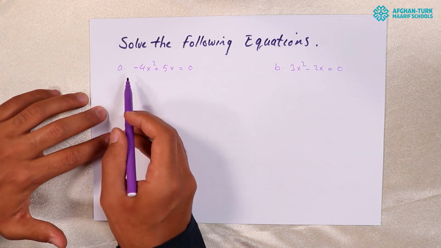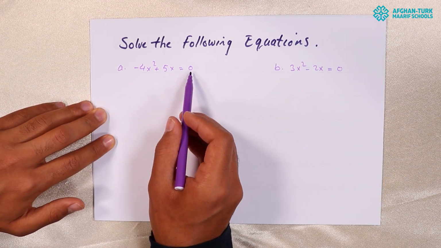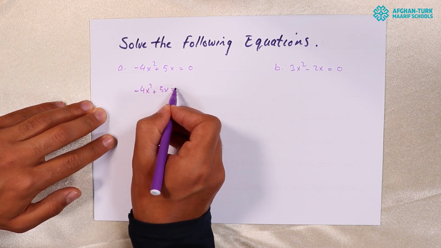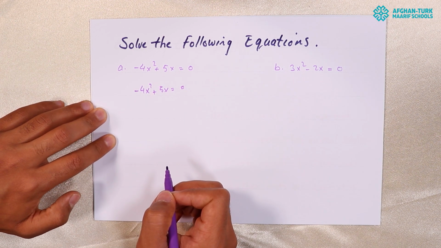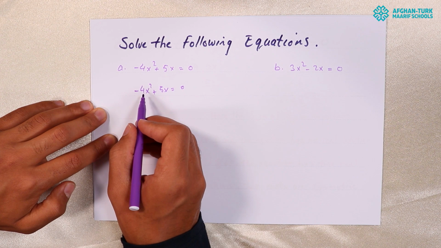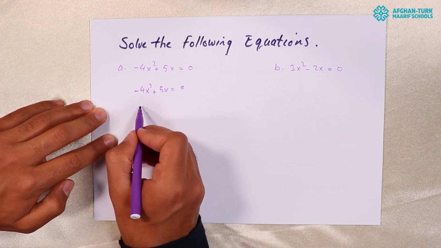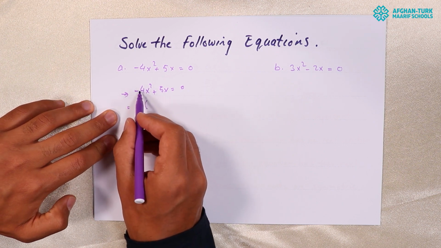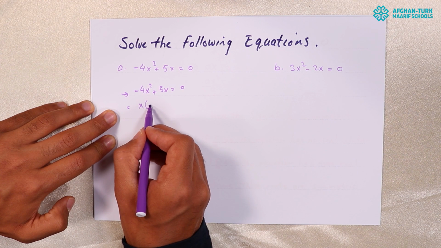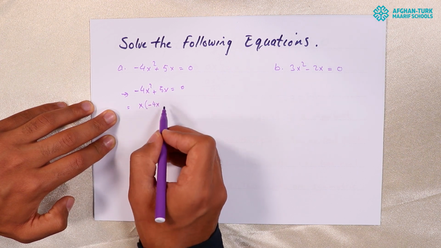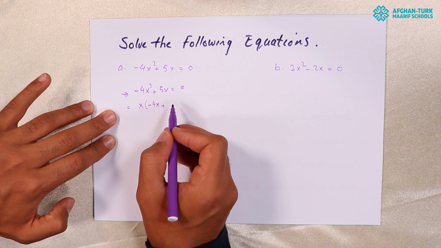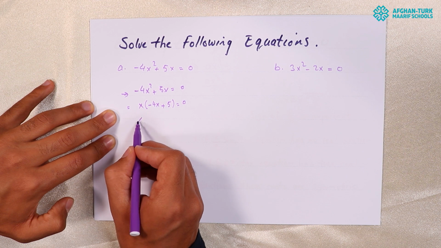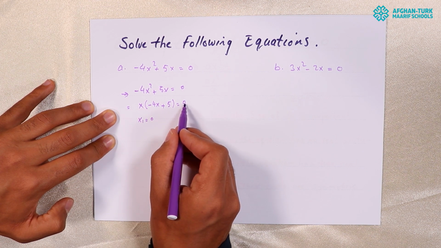Look, minus 4x squared plus 5x is equal to 0. What should we take as a common factor? Yes, x is a common factor between these two terms. x times: minus 4x squared divided by x is equal to minus 4x, plus 5x divided by x is equal to 5, equal to 0. So in here x1 is equal to 0 because x is equal to 0. The other one